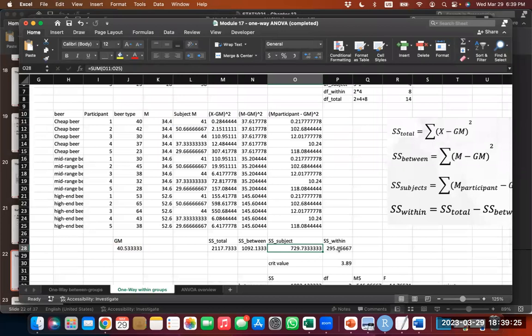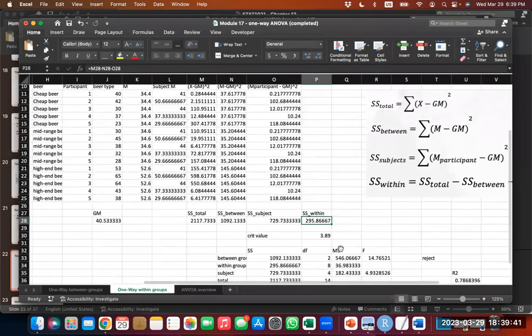Subtracting the sum of squares total minus the sum of squares subject is basically sum of squares total minus sum of squares between, and sum of squares subject gets you to the sum of squares within, which basically allows you then to estimate. And the reason why you have to do that is because when you think of an individual, you're interested in the between groups variability and the true within groups variability. So the within groups variability,